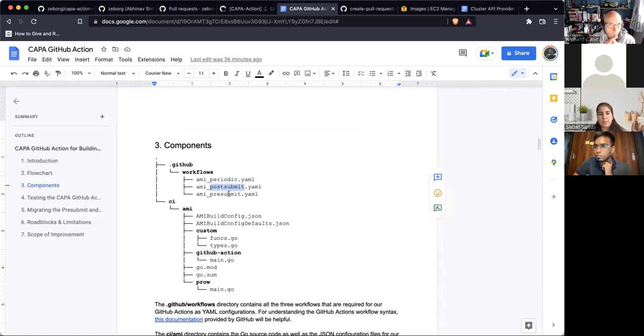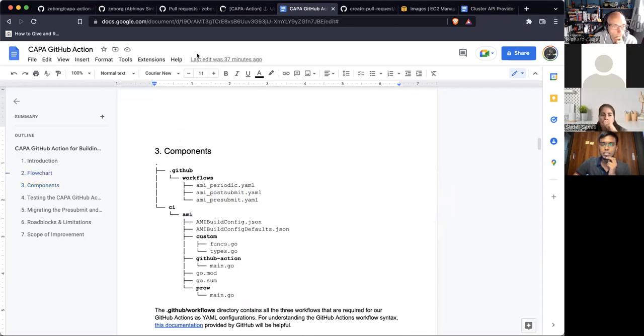Can I say something here? So this pre-submit and post-submit job will be moved to Prow once we have the AWS client. So this is just for testing purposes. We have them as actions right now. Yep. So even in the steps, I think